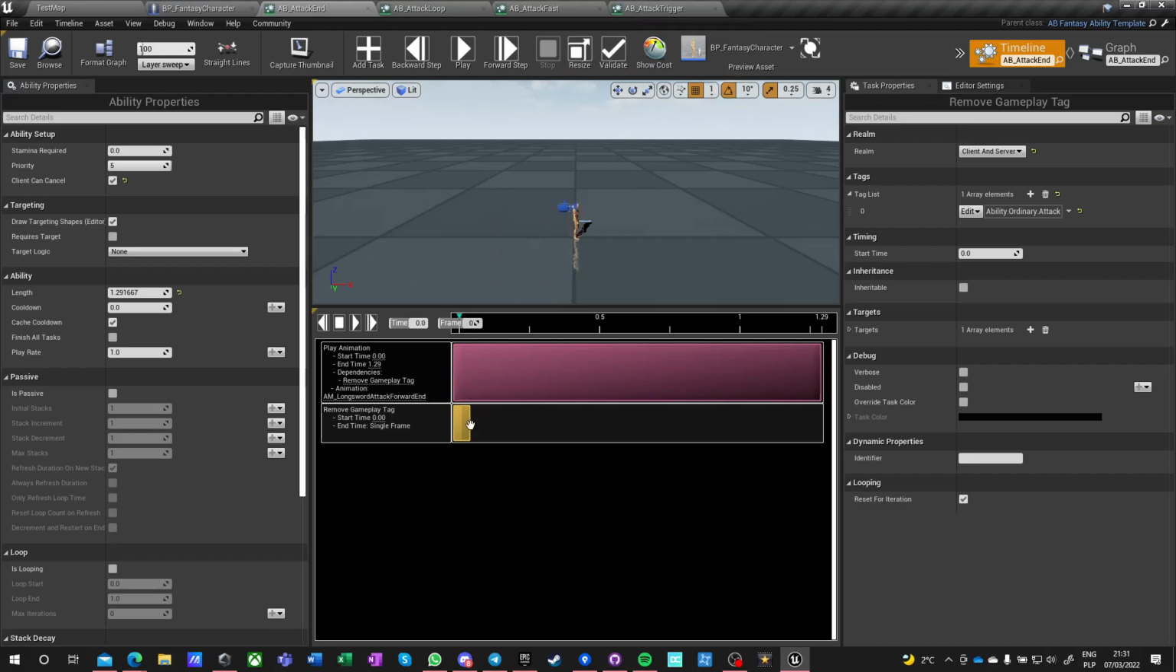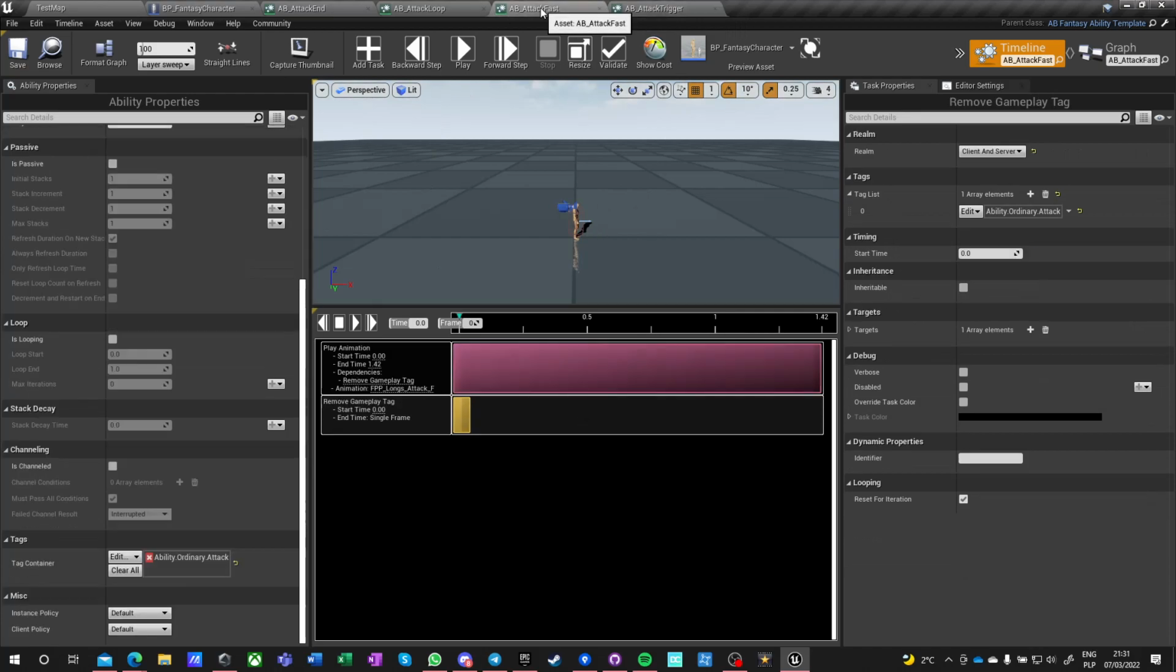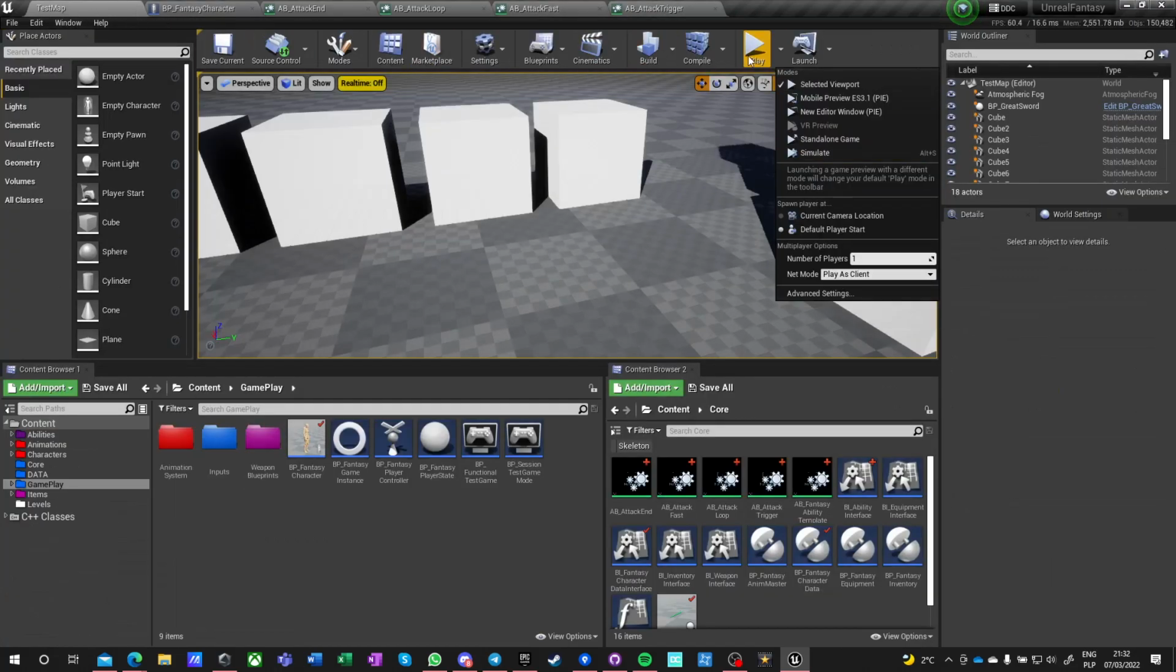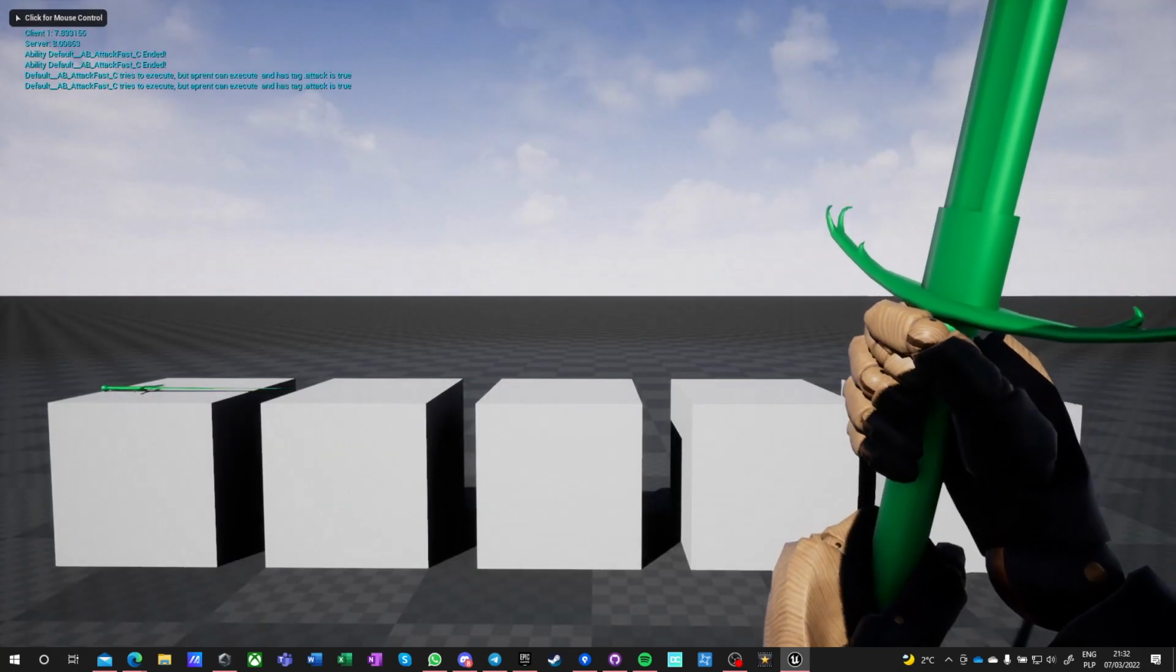So the problem I was running into is that apparently the gameplay tag container on the ability component isn't replicated. So you need to add and remove tags. So all of those tasks, this task and this task, they have to run on realm client and server. Previously, I was just running on server. So server was doing attacks correctly and client didn't. That was the problem. So now if I test on dedicated server and I hit play, I can properly